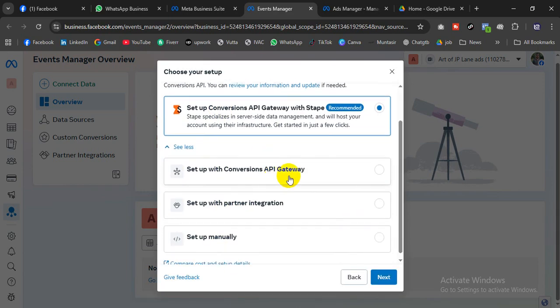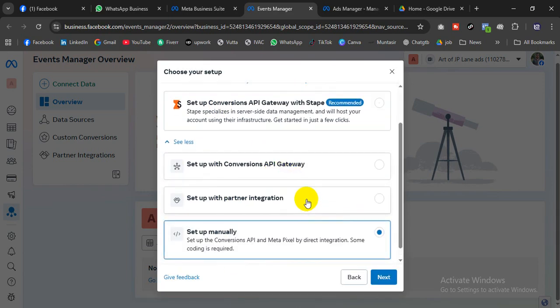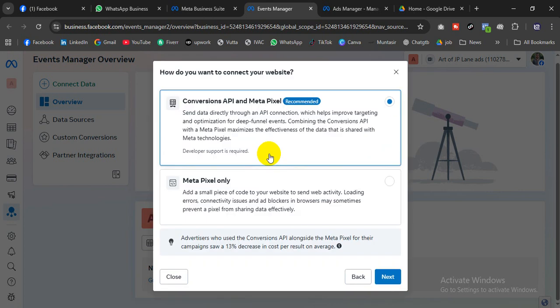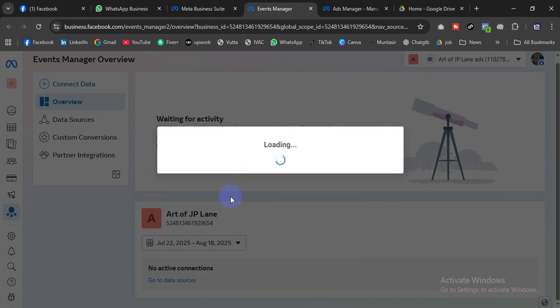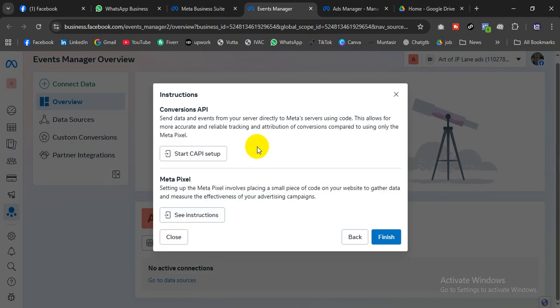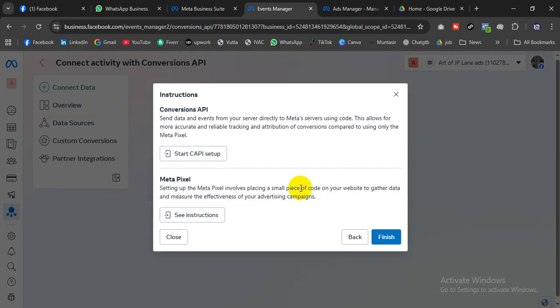Set up the integration manually, see partner, set up manually. Okay, then conversion pixel API. Then here start the conversion API set up.